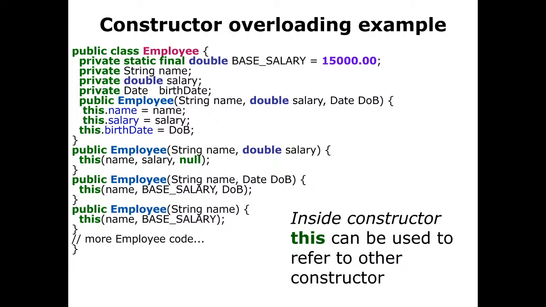Then we have an example of the overloading of constructors. We have class Employee, for example, with some attributes, a constant attribute, then some other attributes, and we have different